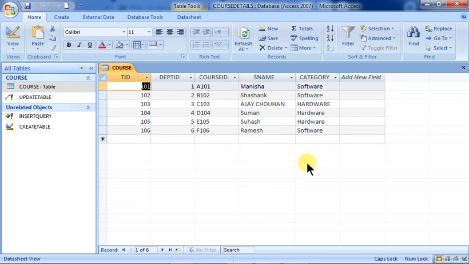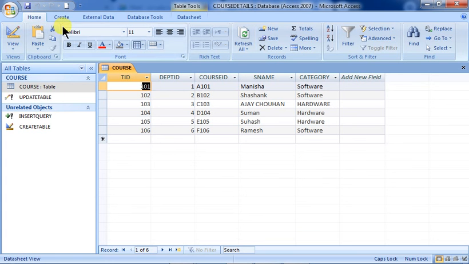Now say if you want to delete any record in a table. Today what we have done out here is the insert query, create table, then insert, then update. Now we will do the fourth one, that is the deletion. So how to delete the keys? That is the thing.